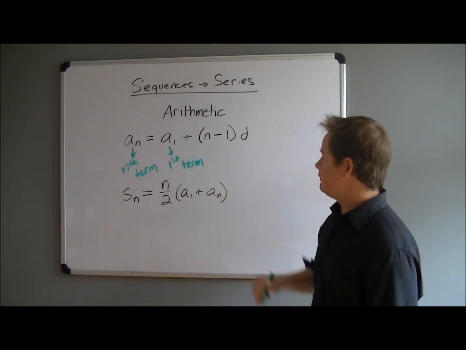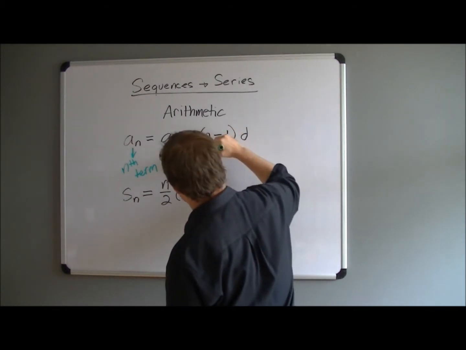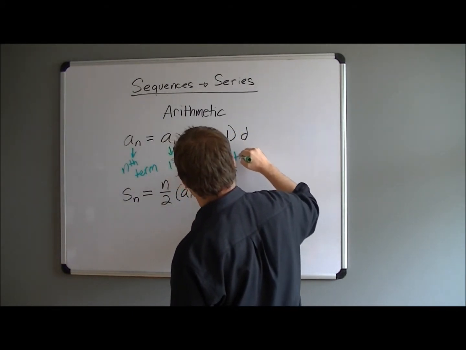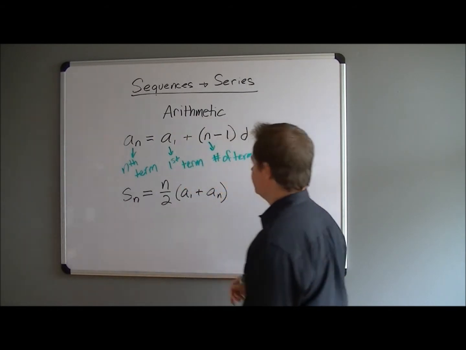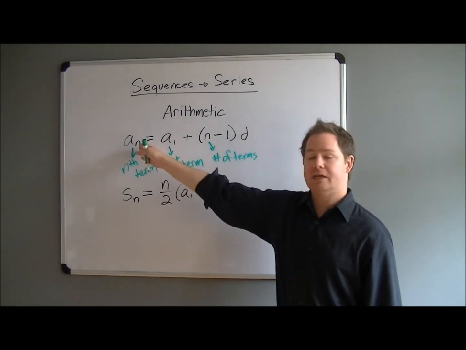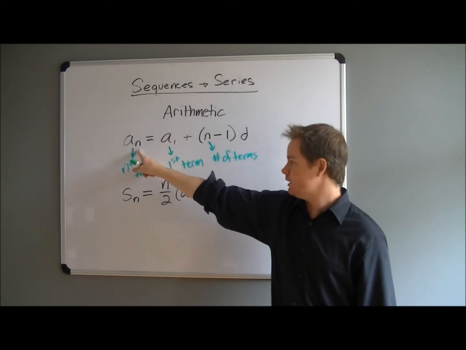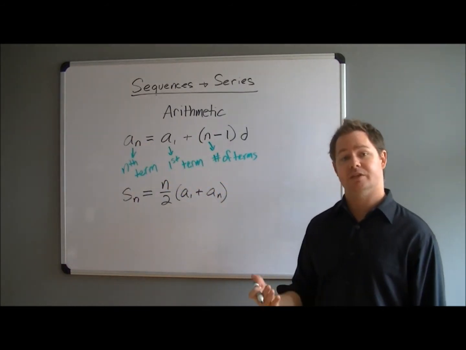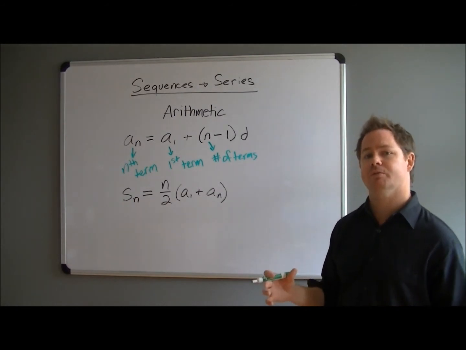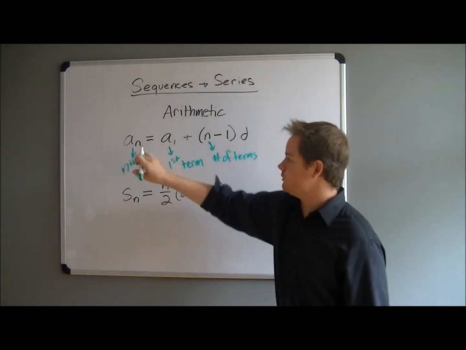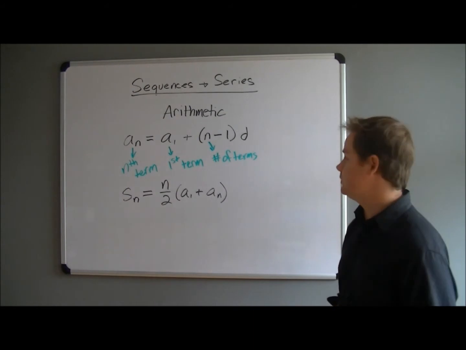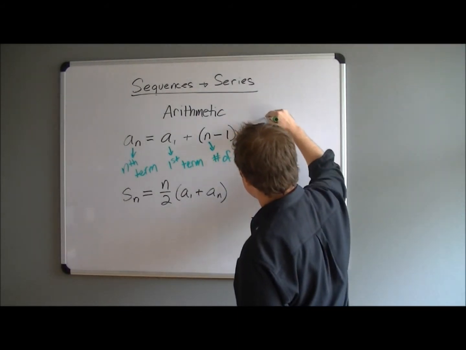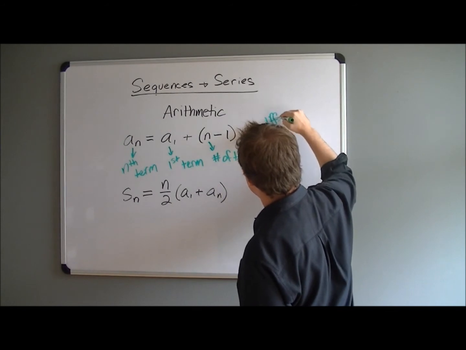Now in our parentheses we have n minus 1. N represents the number of terms. So for example, if you're trying to find the 6th term and you had a sub 6, then that means n would represent 6. That means there are 6 total terms that you're considering when trying to find what that 6th term specifically is. And lastly, this variable d represents the difference